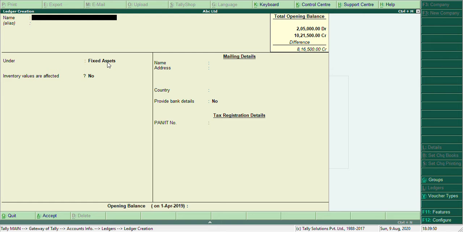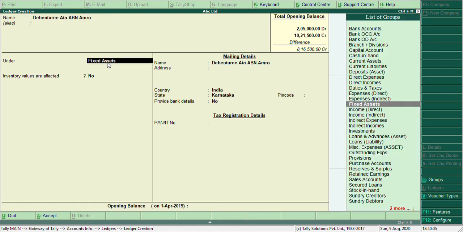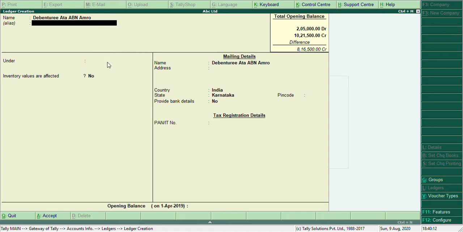Next, debentures at ABN Amro Bank. Which group can we select, the bank group?